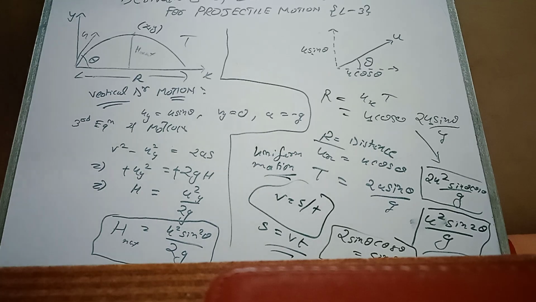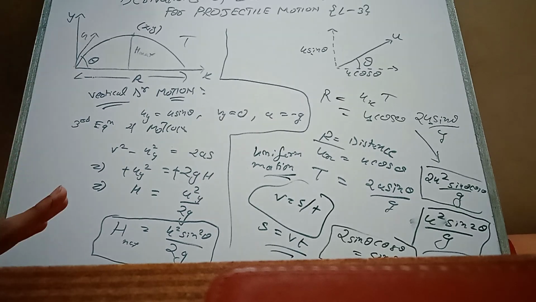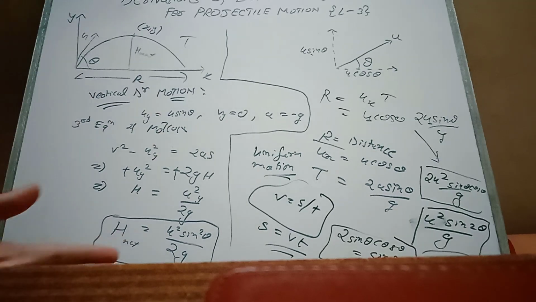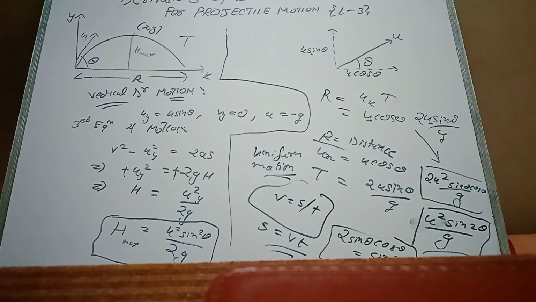So you have to practice it a lot. You have to solve numericals on it. You have to practice this derivation at least 3 times: one today, one yesterday, and one next week, to check your mind, whether these things get into your mind or not, and don't worry. Your mind has enough space that it can hold a whole encyclopedia in it, a whole encyclopedia. So that's all for today's